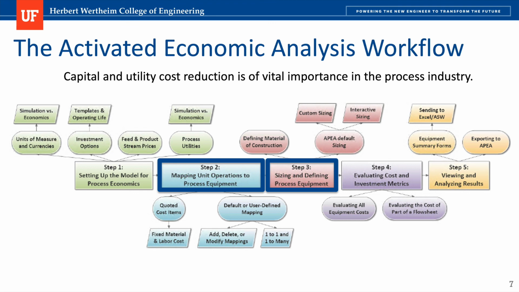So this is all of the things that the activated economic analysis workflow does in Aspen. There's a lot of things that you can see. However, we are going to focus on steps 2 and 3. We're going to be mapping unit operations to process equipment, and we're going to be sizing and defining process equipment. The rest, we're going to get information about the sizing, and then we're going to use other models, the module, the bare module and total module techniques to actually evaluate the cost, the fixed capital investment, and the operational cost